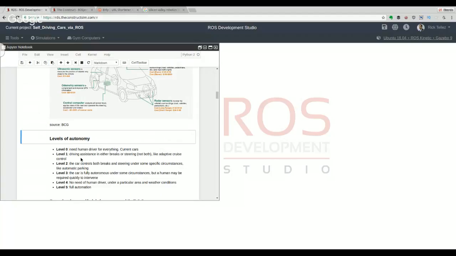But it requires a human watching the wheel in order to take control if something happens, which the car will indicate. So that would be an example of the Tesla